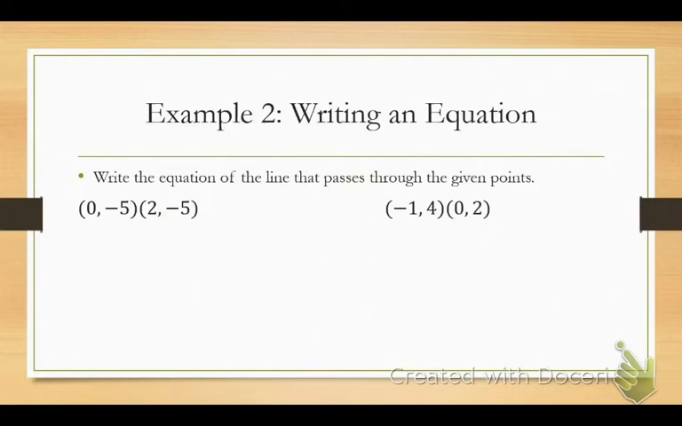Okay, so let's do the next one. We're going to do the next one together, and then I want you to do the last one on your own. All right, it says write the equation of the line that passes through the given points. And so we need to find our slope, and we need to find our y-intercept. So first of all, we want to find our slope. M equals